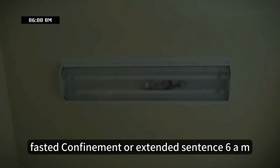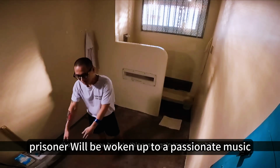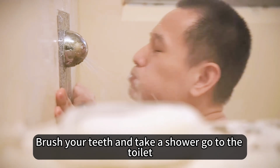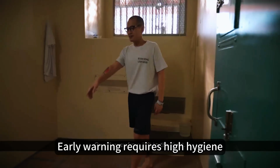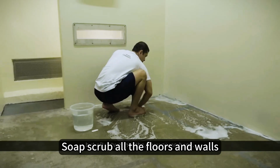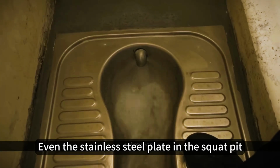At 6 a.m., the cell lights will be turned on uniformly. Prisoners will be woken up to passionate music. They have an hour and a half to live. Brush your teeth, take a shower, go to the toilet, and cleaning is a daily requirement. The warden requires high hygiene. So in addition to doing their own cleaning, they also use a towel and soap to scrub all the floors and walls. Even the stainless steel plate in the squat pit must be guaranteed